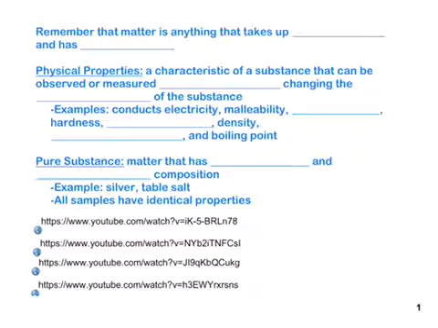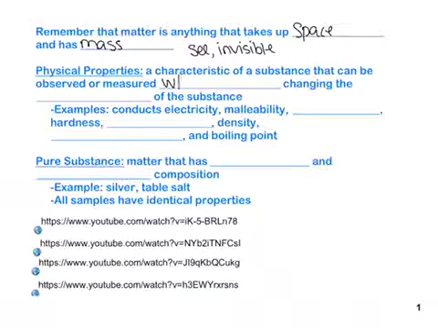Properties of matter. So remember that matter is anything that takes up space and has mass. Matter can be anything that you can see, or it can be invisible, such as gases as well. And so matter tends to have physical properties, and these are characteristics of a substance that can be observed or measured without changing the identity